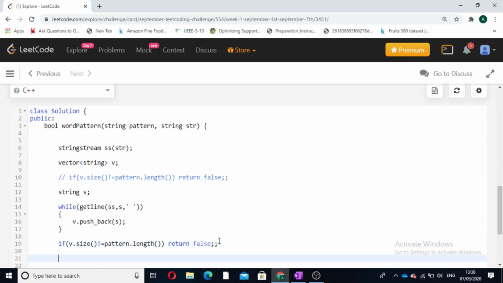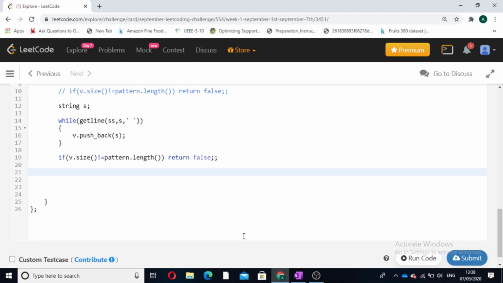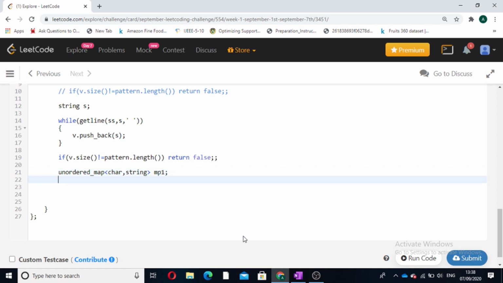Now we will declare 2 hash maps. In one hash map, the character will be used as key and the string will be used as value. We will name it mp1. In another hash map, the string will be used as key and the character will be used as its corresponding value.